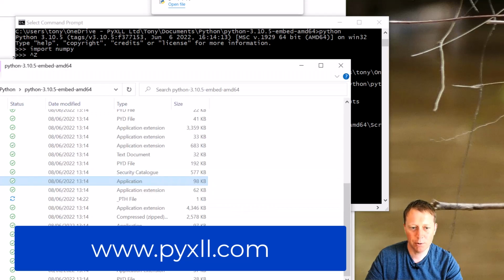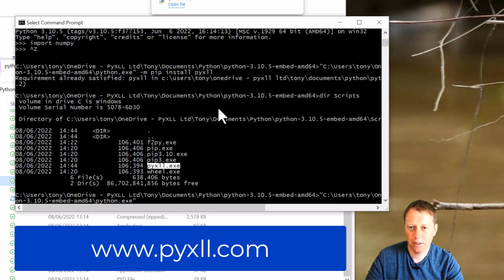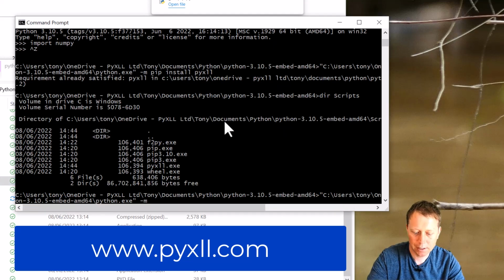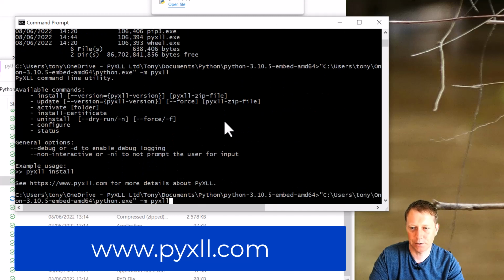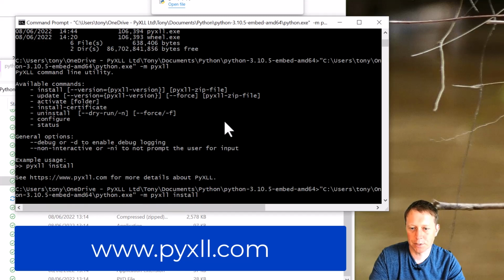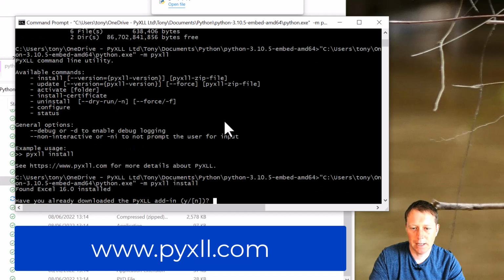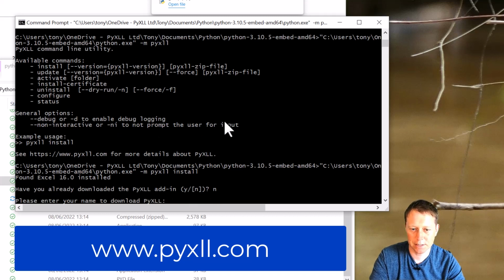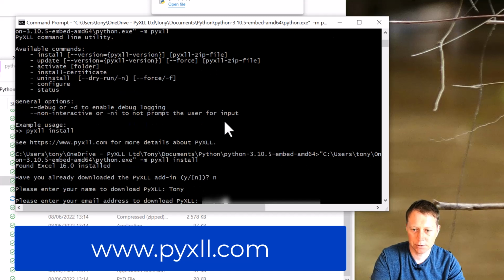So we can run that to install PyXLL, or we can use the same trick that I showed you with pip, where we can run Python and then -m, and rather than pip this time we do PyXLL, so we can run the PyXLL command line thing that way, and that tells us the various options. So in this case I'll do install, just like that. Here it's asking if I've already downloaded the PyXLL add-in. I haven't. If you have downloaded it, then you can say yes and tell it where it is here, but then you just enter your details,